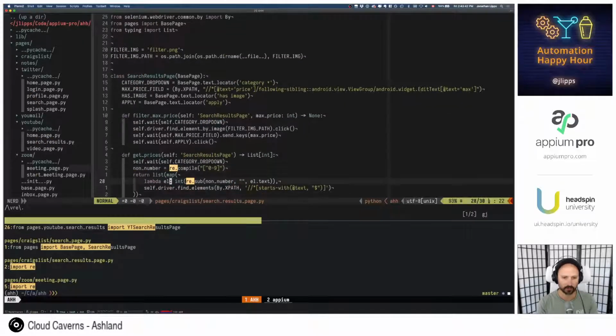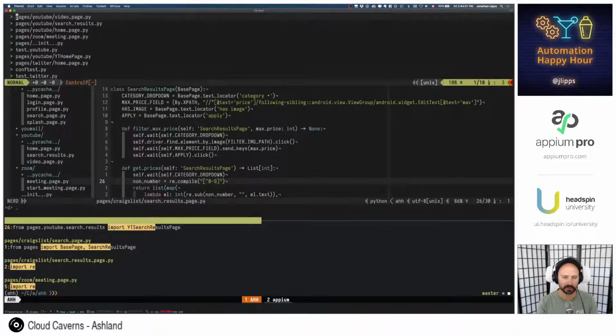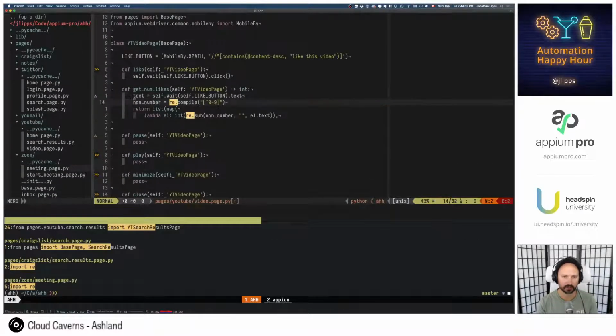Yeah, so we compiled a regular expression to match, and then we substituted anything that wasn't a number into it and got the number out and made it an integer. So we're just going to do the same thing. Actually, we were looking for a number in the Craigslist example as well. So non-number is that.